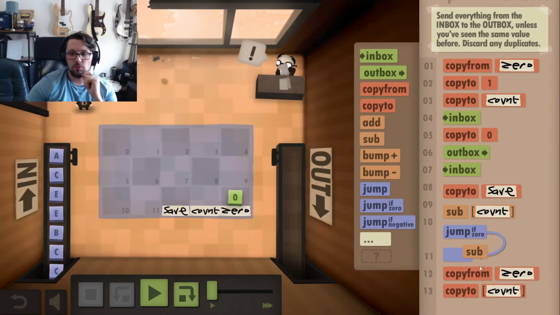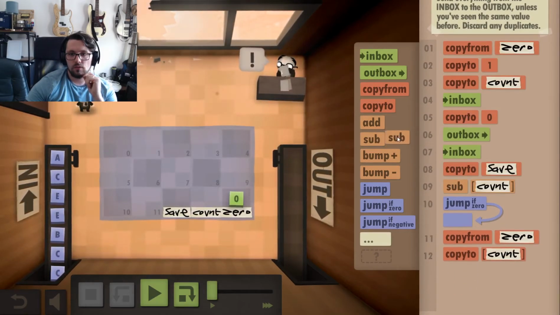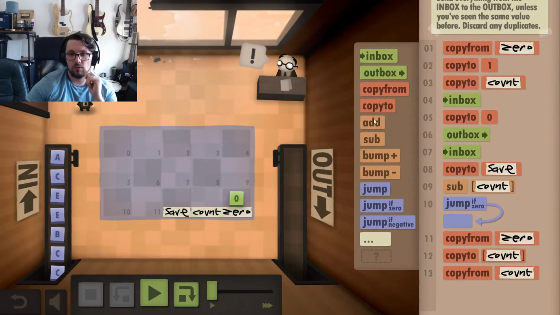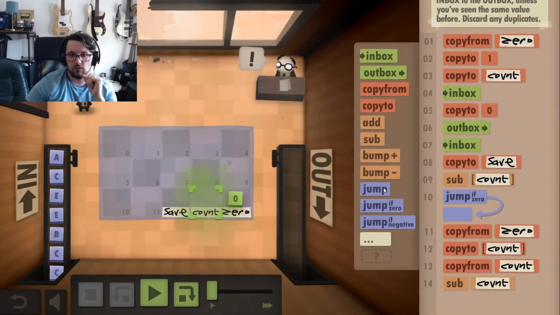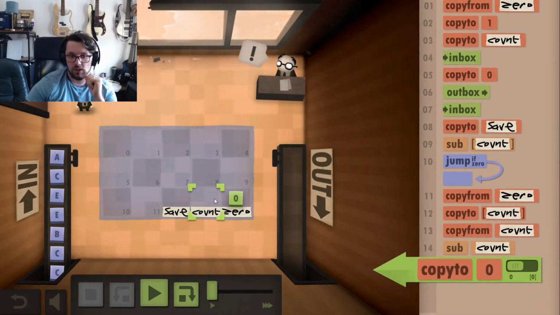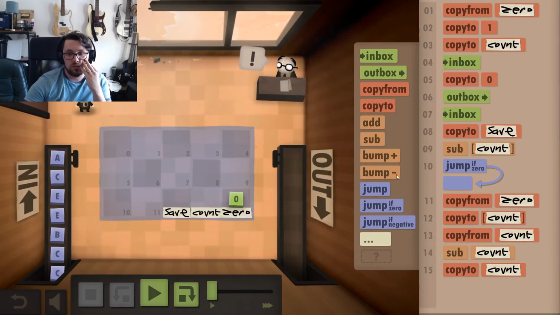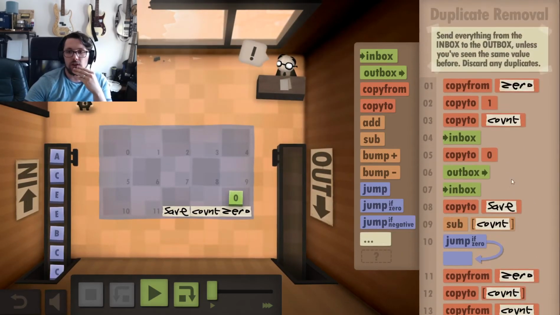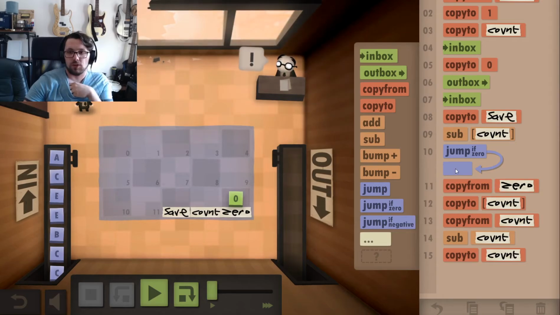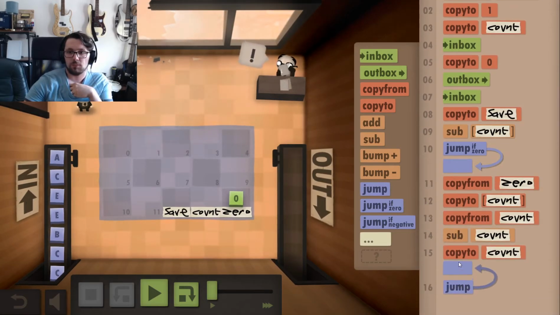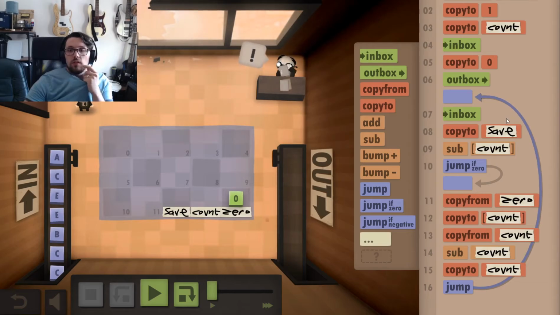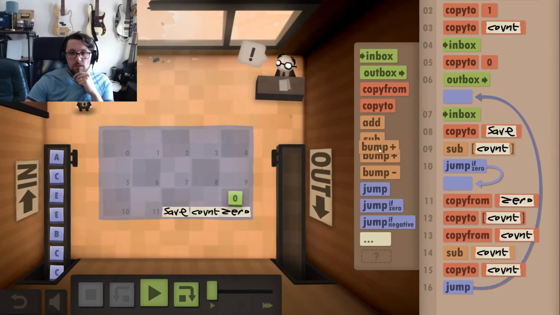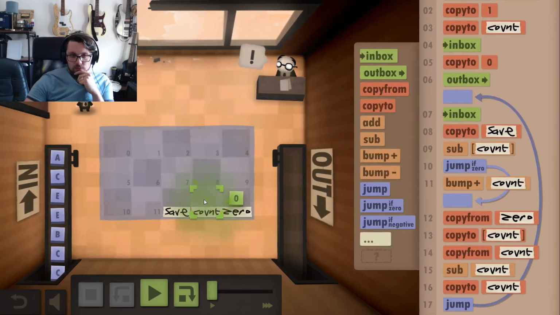Then I want to subtract. Then I want to copy from count. Subtract from count. Copy to count to set count back at 0. And then I want to go back to. Okay, so that's if it ends up being a duplicate, I want to go back up then to inbox. Otherwise, if it's not a duplicate, I am going to want to then bump count,